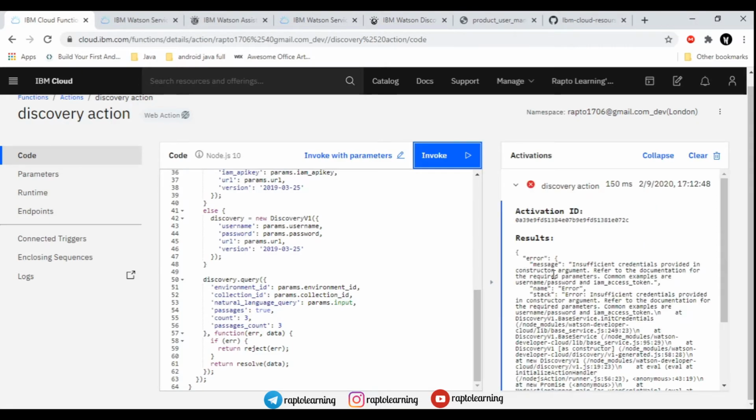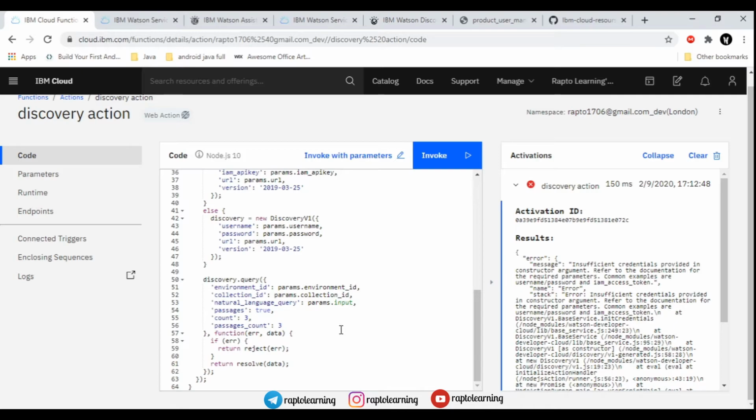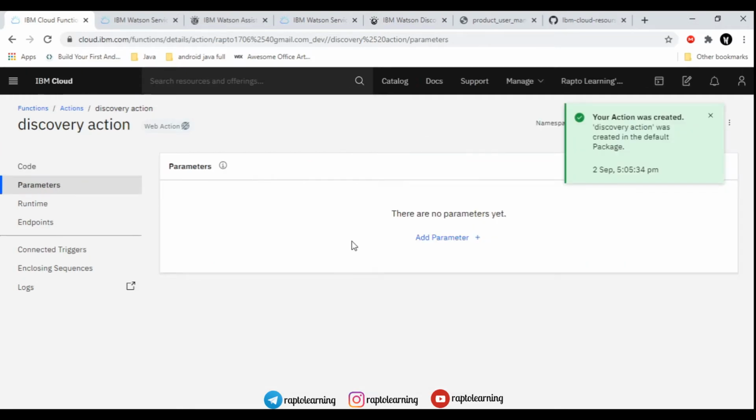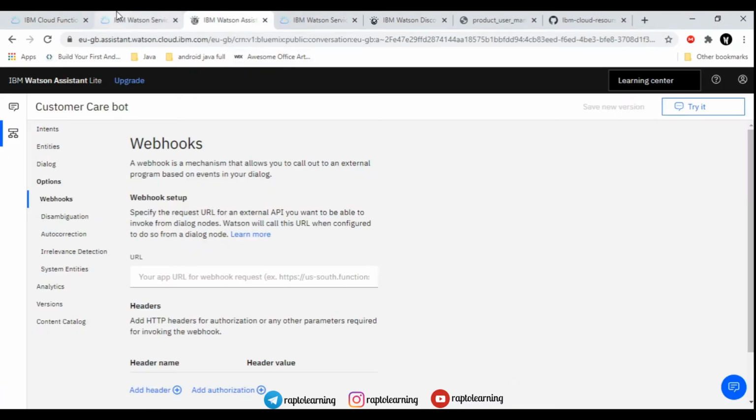So just invoke this. You must see action invoked, and the results are here. So you must see all the results that I have, that is error. It is giving me an error, right? So we have to make some changes here. To log on to discovery, we have to add some parameters to it, right? So we will just add one parameter. Give the parameter a name, that is URL, and we have to create one URL for this, and then for the parameter value, we have to specify a value.